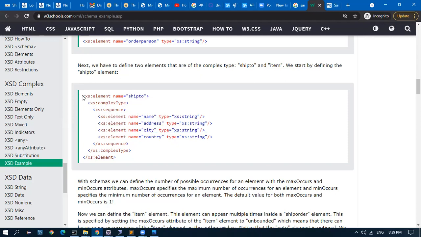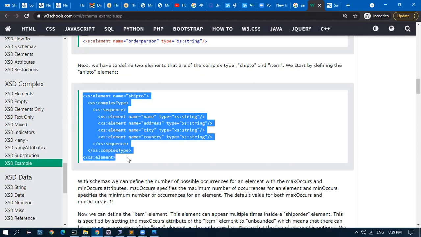So this is a definition. This is what we call a DTD. We call it a DTD, and we call it a schema. A schema means the sample template of how the data should be. That's the schema. And we have a DOM, which is again the same, the document object model of the XML.